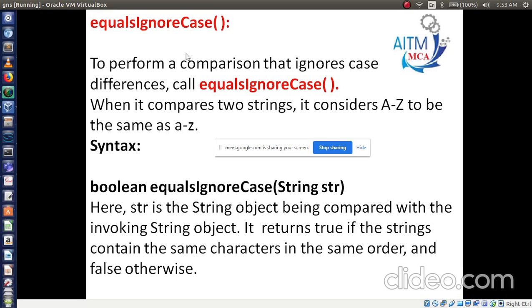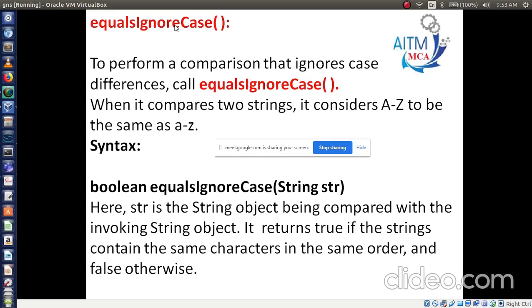To perform a comparison that ignores case differences, call equals ignore case. When it compares two strings, it considers capital A to Z to be the same as small a to z. The opposite of the previous case, where capital A and small a are different. But if you use this method, equals ignore case, it is correct. But which one?